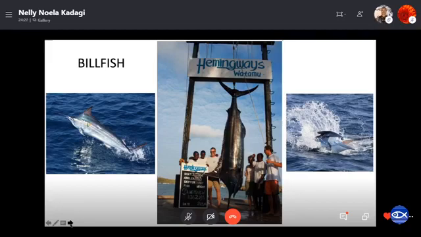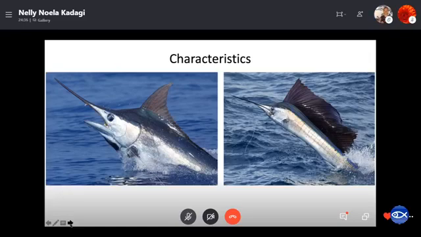And so they are large predatory fish, moving across the oceans, highly migratory. And when we talk about billfish, we appreciate their big size. They can grow really, really big, between 3 to 5 meters, and weigh up to 2,000 pounds. So in terms of kilograms, we're looking at a billfish that is between 900 to 1,000 kilos. Now, in things that we see on daily basis, I'm thinking of a cat. So think about a fish that can weigh close to the weight of a cat.